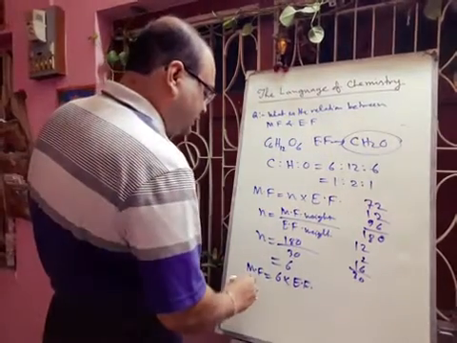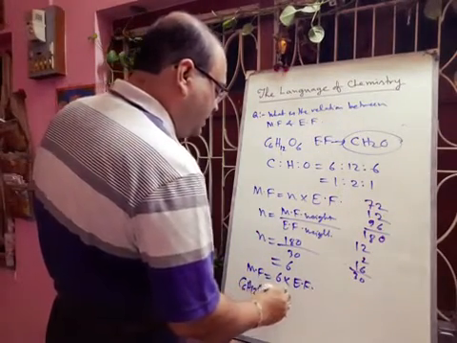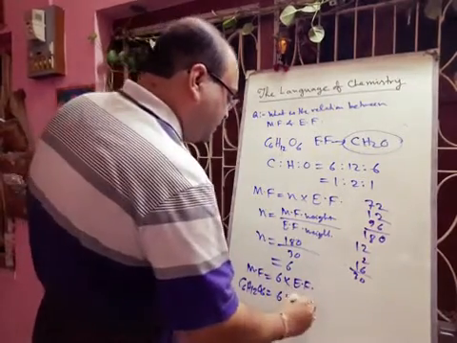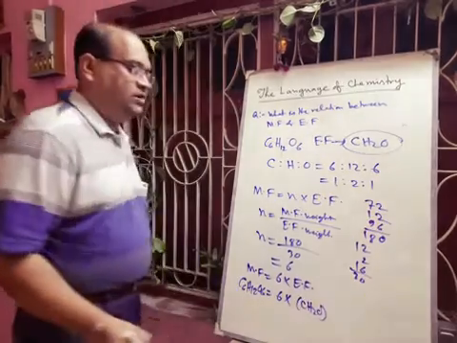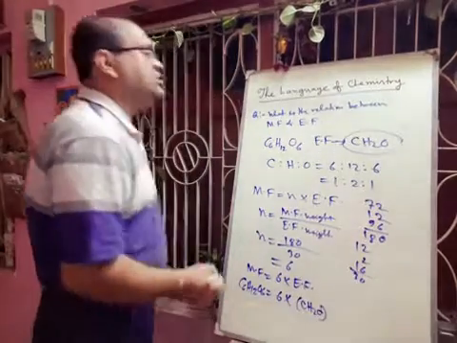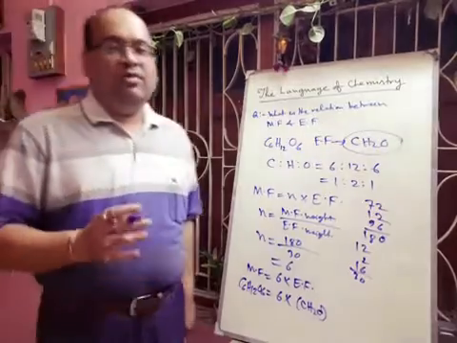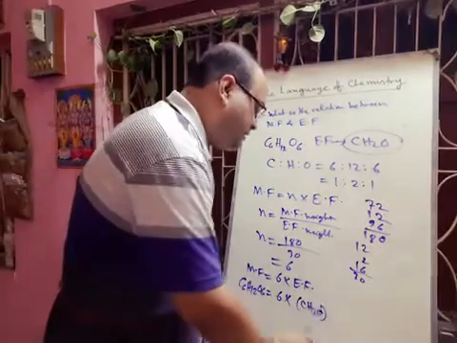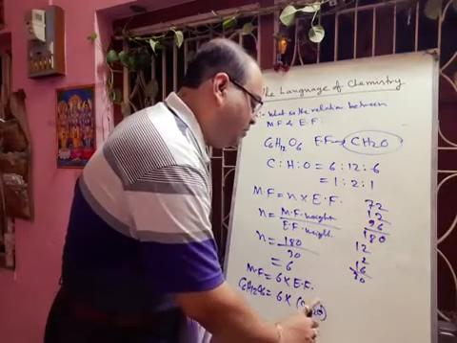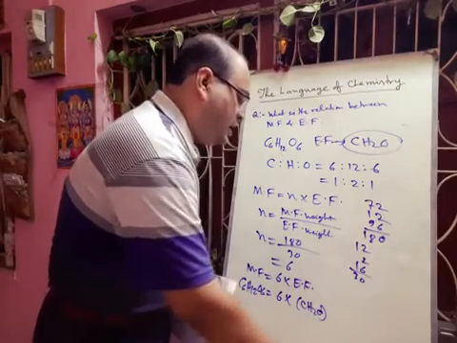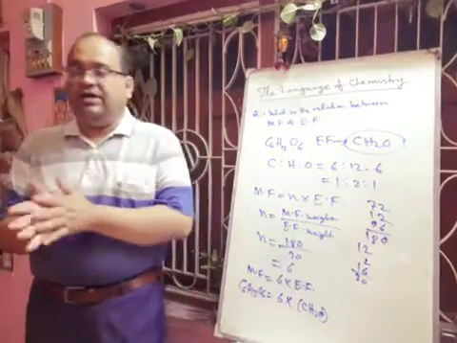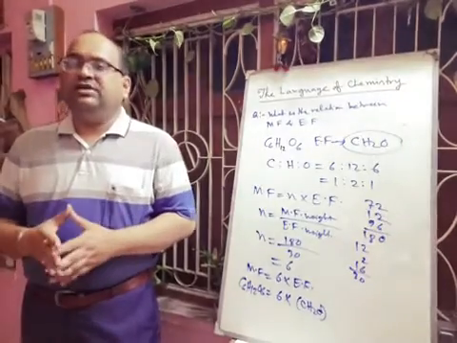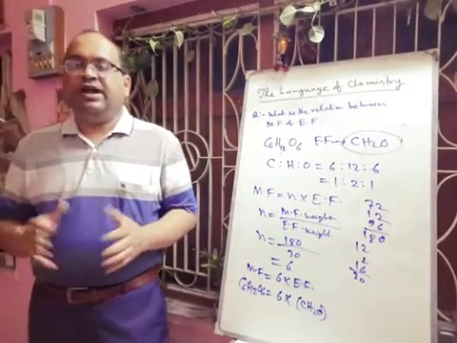So when we write C6H12O6, if you multiply the empirical formula, that is CH2O, by 6, you will get the molecular formula. In this way we can easily evaluate the relation between molecular formula and empirical formula. Hope you can understand. In this way you have to practice the problems from your book, and also read the chapters thoroughly. If you have any confusion, you can ask me questions in live classes. So today up to this, thank you everyone.